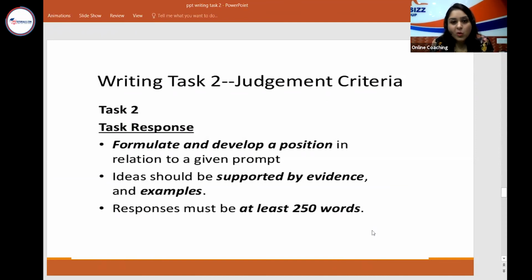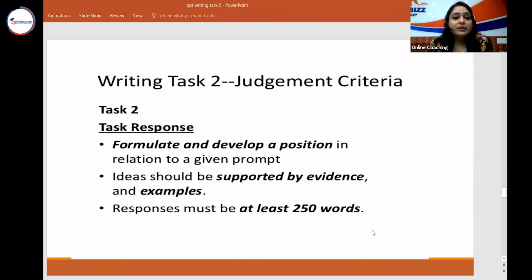So you should understand what the judgment criteria are. What are the basic terminologies you have to keep in mind, that this is how the examiner assesses me. Okay. Now, in task 2, number 1 thing, you have to see the task response